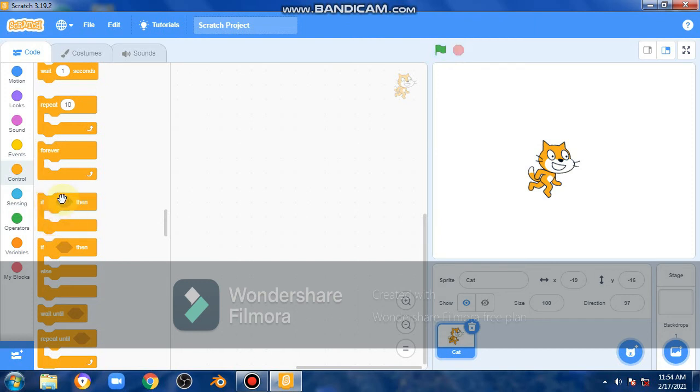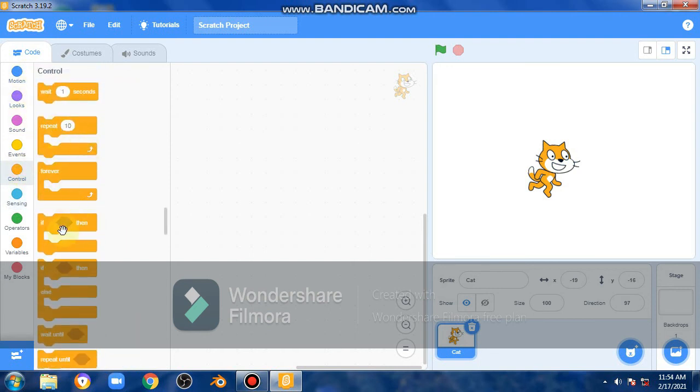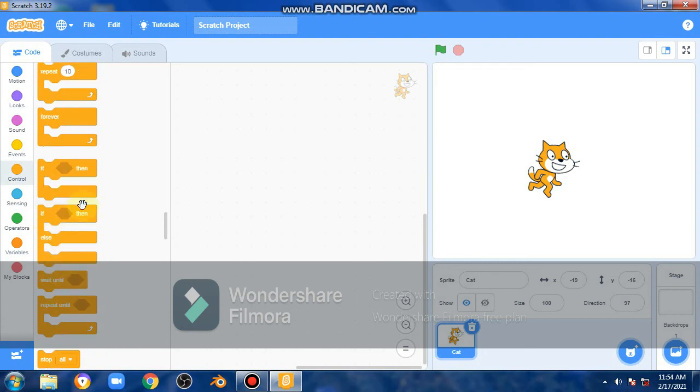Then here is the sensing. If you put this, see this, if I put that touching here, then it will come touching. If it touches that, then what will happen, we can put our codes here. Or if that does not happen, then we can put other codes.